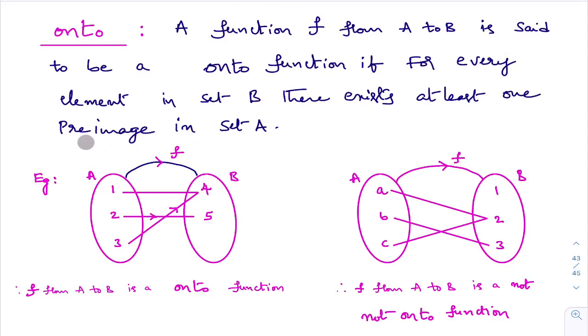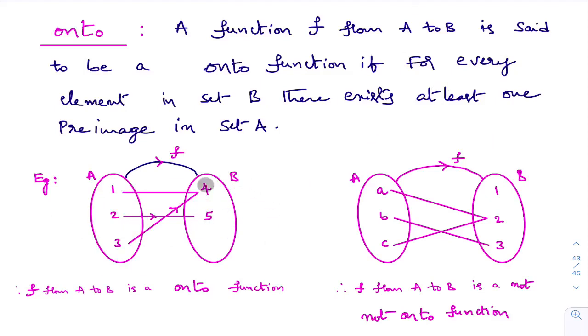Try to understand. If you ask your father, give at least 100 rupees, and your father gives 200 rupees, you will take it or not? Because you asked at least 100. That means if your father gives less than 100, will you accept it? No. If your father gives more than 100, will you accept it or not? Yes. At least one pre-image. See here, for the element 4, how many pre-images are there? 2 pre-images are there. At least one pre-image. Here 2 pre-images are there. It's okay, no problem. So this example satisfies the onto function condition for every element.